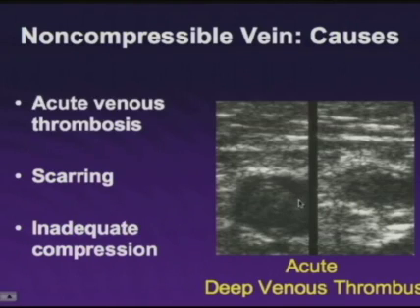And when we look with compression, what we can see is the vein has gotten smaller and a little bit closer to the surface, and that there is a difference in shape, whereas the acute thrombus was rounder on the left. On the right, we can see it's taken on a bit more oblong shape, meaning that it's deforming and changing shape. This deformable, non-compressible vein is typical of acute deep venous thrombosis,